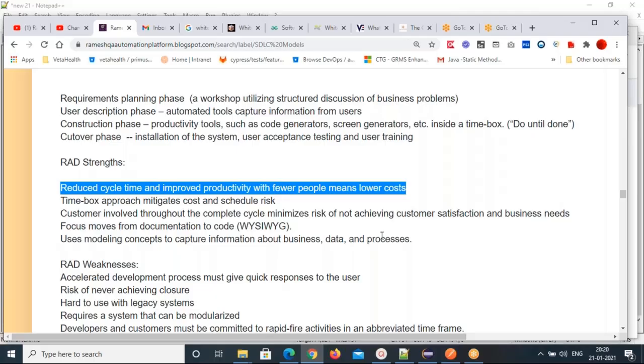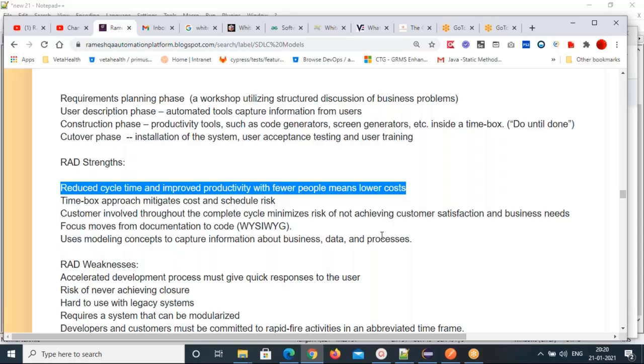And what are the RAD weaknesses? The accelerated development process must give quick responses to the user. It is an accelerated development process because it is very fast, right? All 4 or however many functions you are developing are going on parallelly, so they must give quick responses to the user.